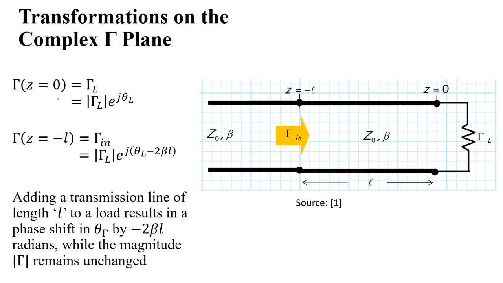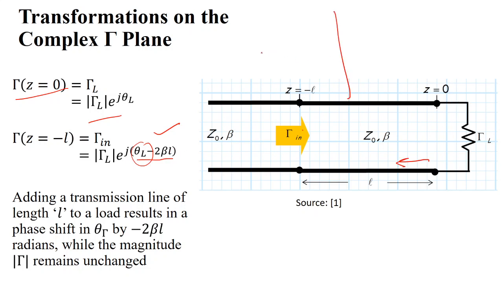So in this case, gamma at z equals 0 is this one. And then this is called the input reflection coefficient. At this point L, if you want to see what the input reflection coefficient is, it is the same as the reflection coefficient at this point. So this will be here. Because z is negative, the phase is subtracted from phi L. So as you move toward this side, it means L is increased and the total phase will decrease.